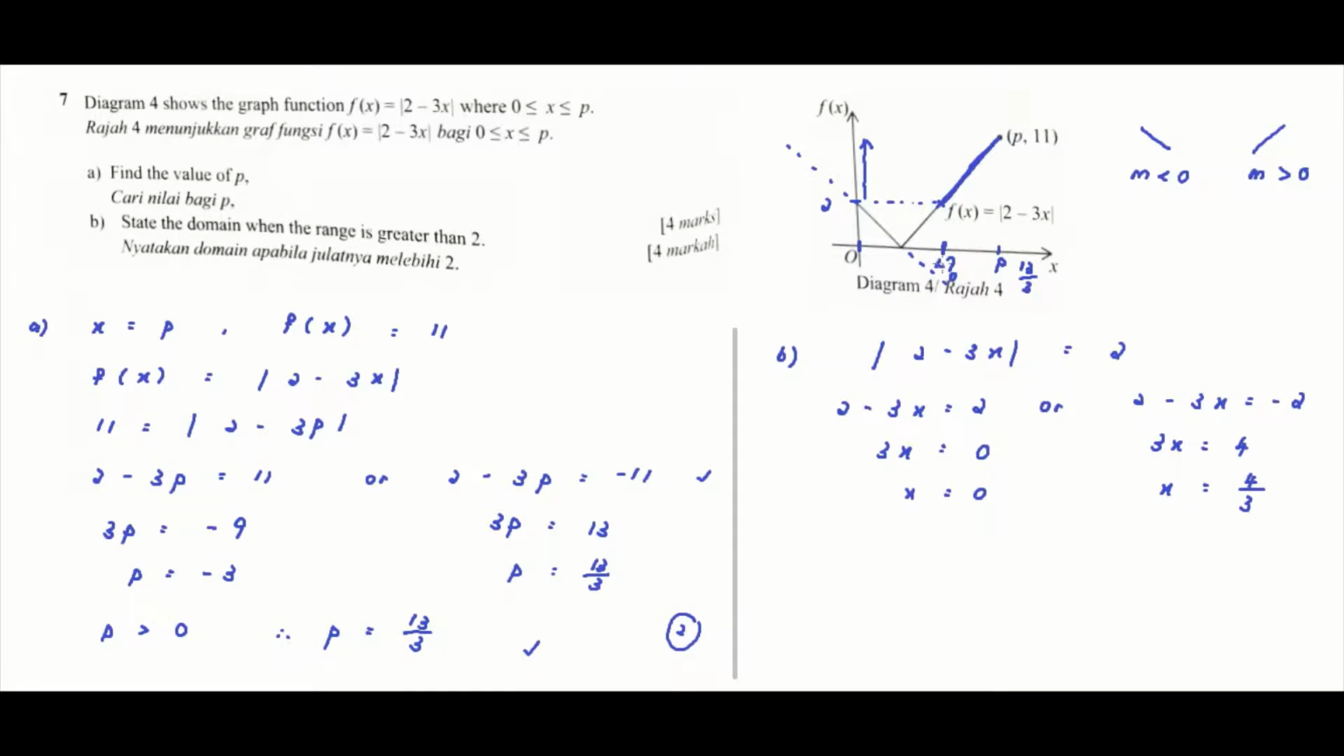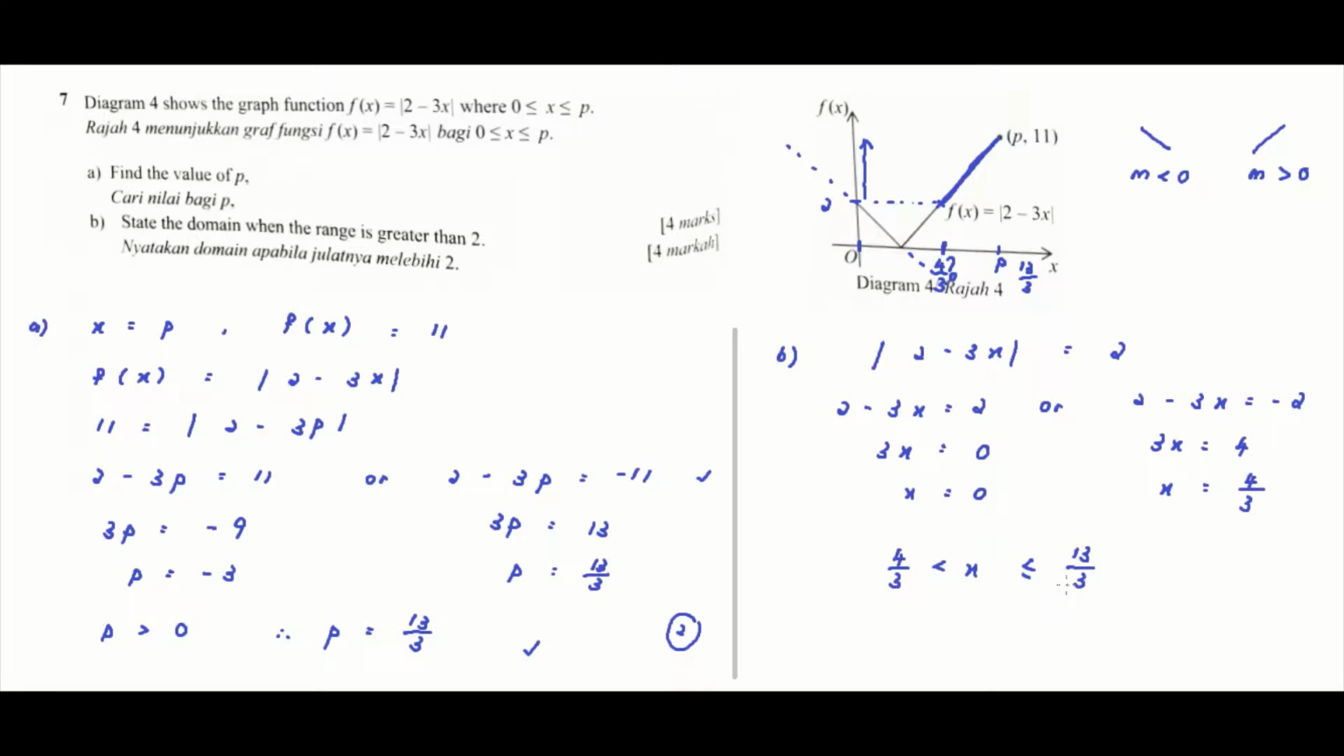So for this point, it's going to be 4/3. So it's not your answer here. Don't just leave your answer over there. You need to continue and then write down the domain here, which is from this point up to this point. So your domain should be x greater than or equal to 4/3. I'm sorry, I think it doesn't have the equal to, because you want greater than 2, so you cannot accept equals to 2 as well. So it should be x greater than 4/3,